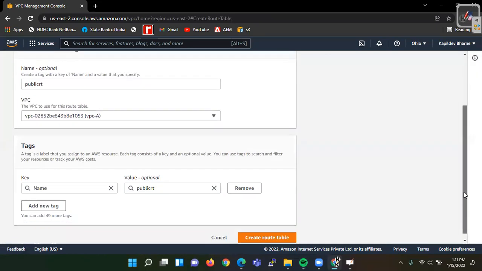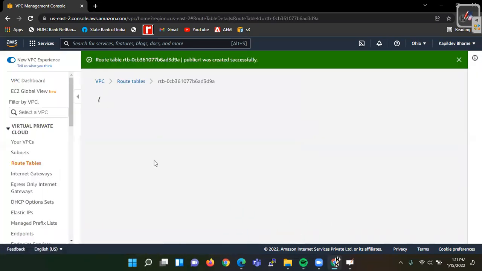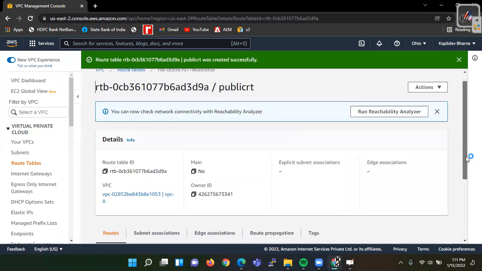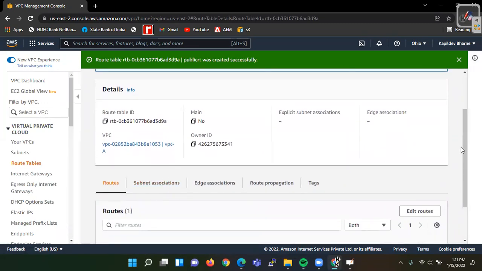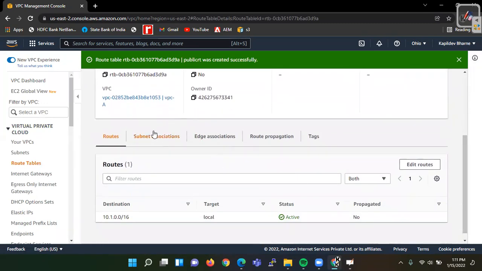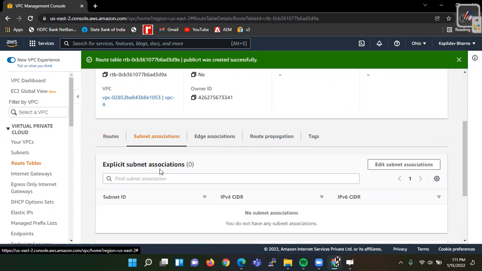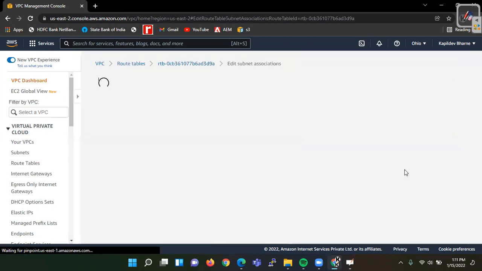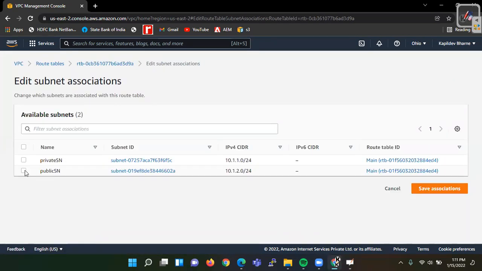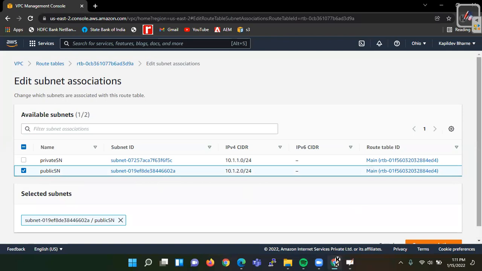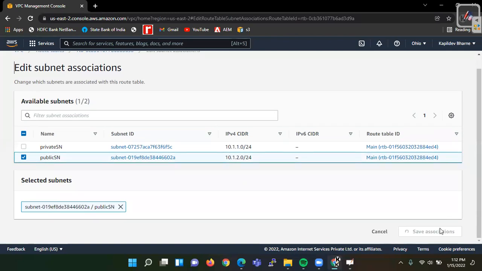When the route table is created, since we have selected the VPC, our CIDR block range 10.1.0.0/16 is showing local communication, and we associate the subnet. So this is a public route table. We click on edit subnet association and select the public subnet, and save the association.